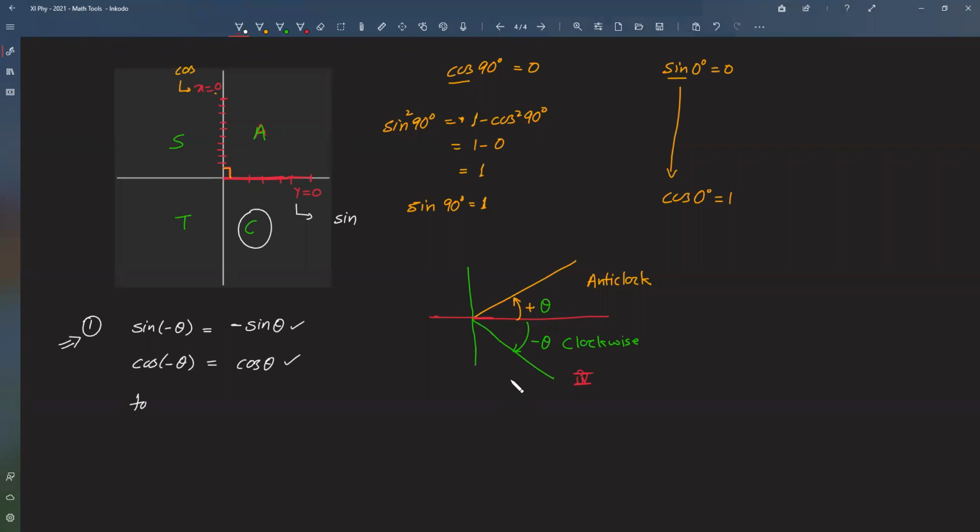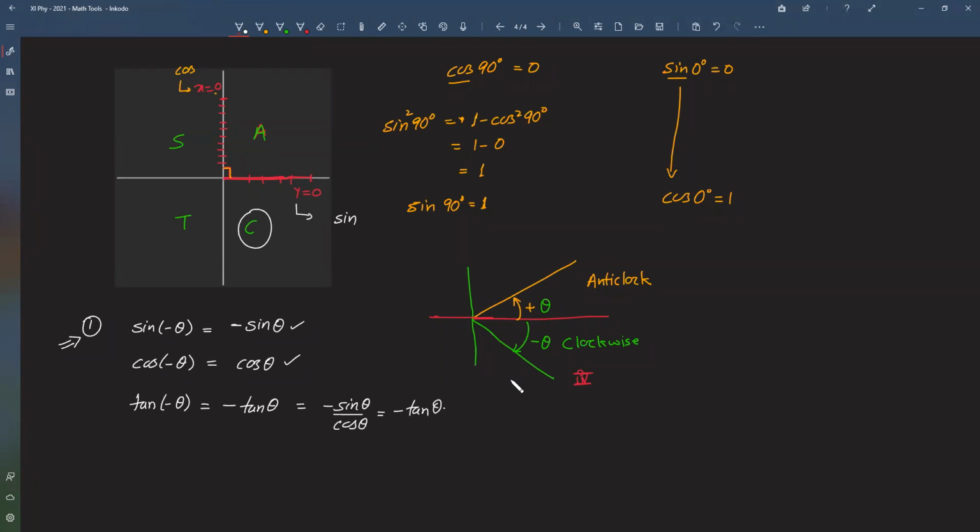For example, what will be tan of minus theta? It will be sine of minus theta divided by cos of minus theta, which will be nothing but minus of tan theta, right? Why? Because this is minus sine theta divided by cos theta. So that's why it is minus tan theta. Now, what is left? Cot. Cot is 1 by tan. So even cot will be negative, cosec will be negative, but secant will be positive,